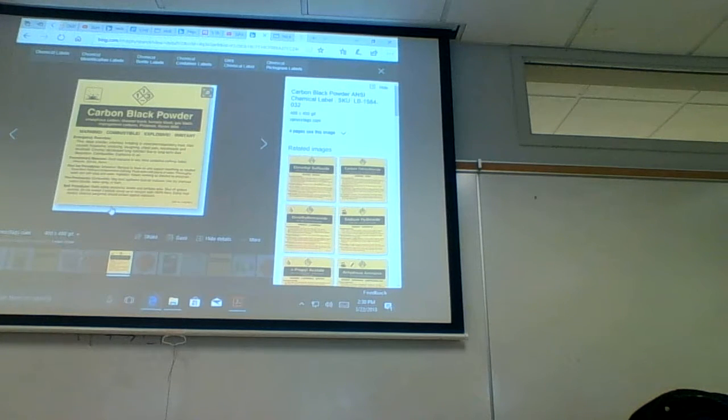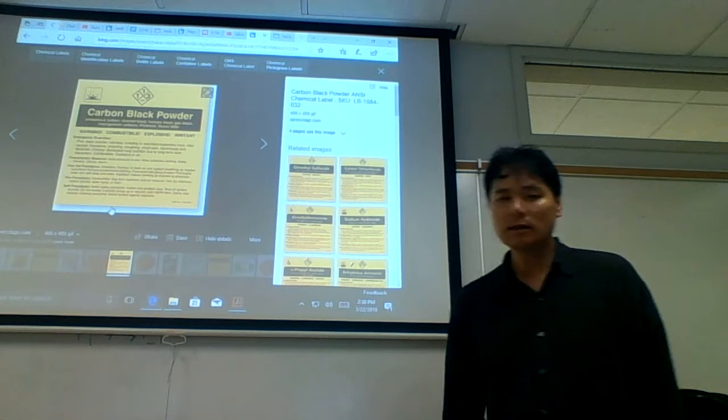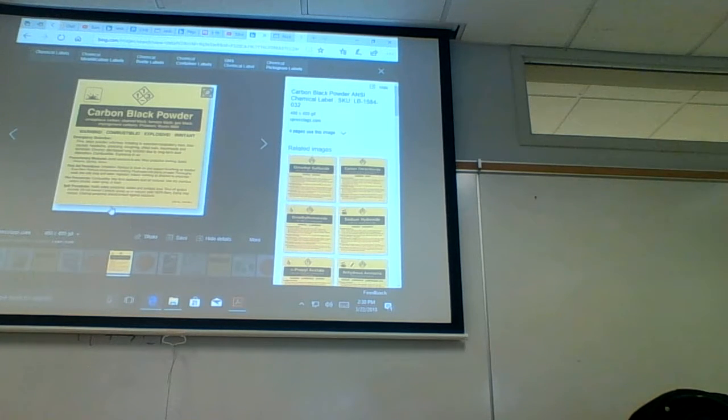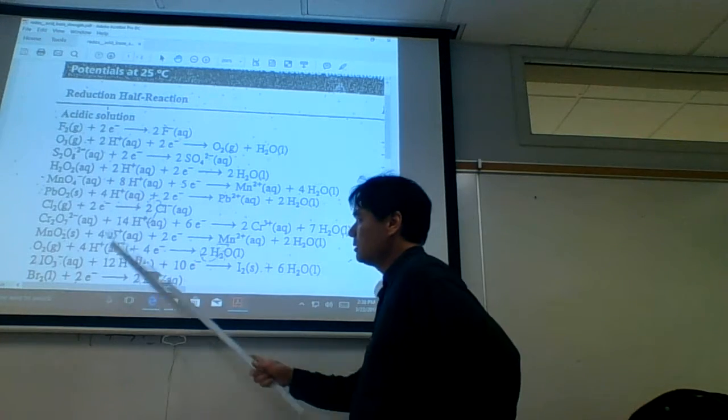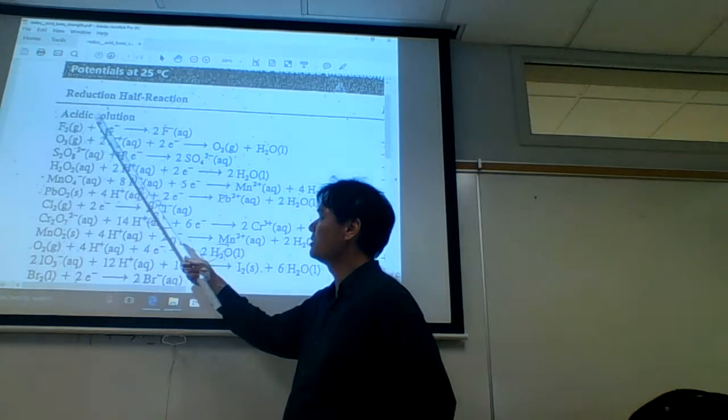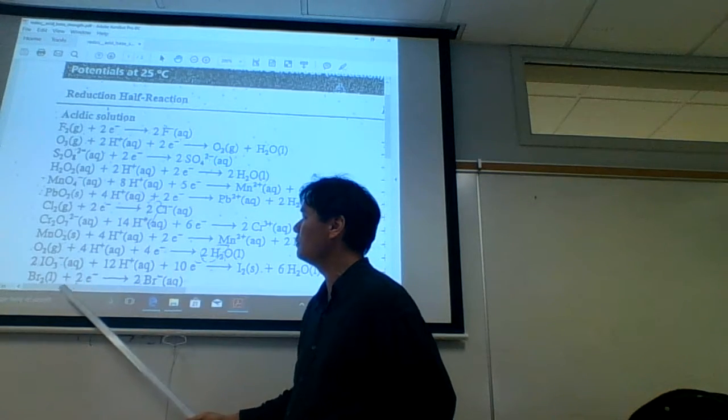Fluorine's the strongest on the list, but let's take a look at some of the others on the list and get an idea. The first thing is we just want to familiarize ourselves with the list. When we see a list like this, some students have asked, and this is Chem 1A, do I have to memorize it? No, you don't have to memorize it, but